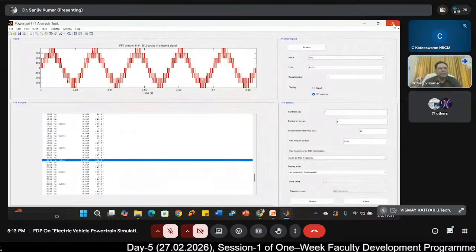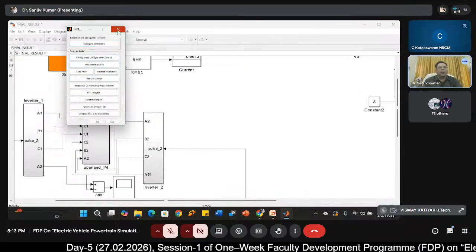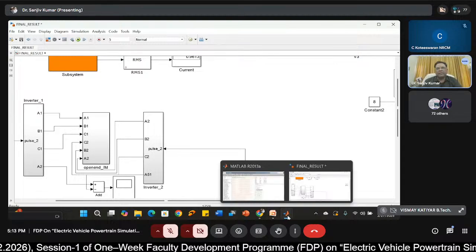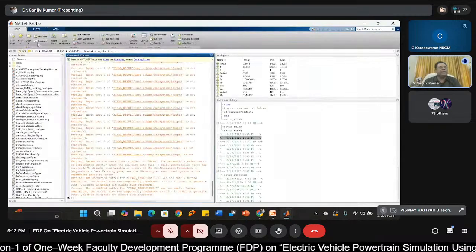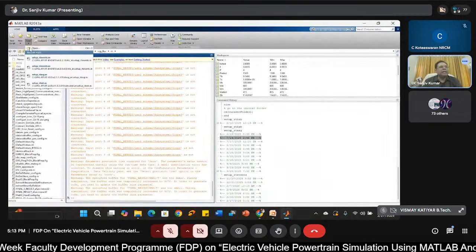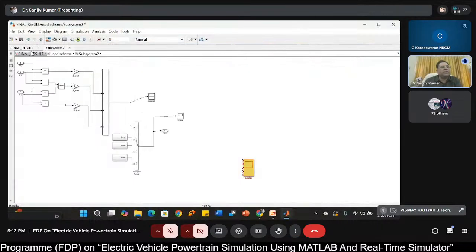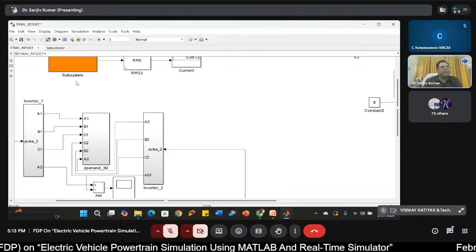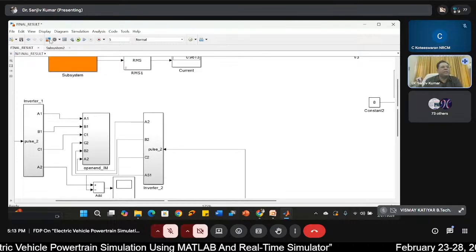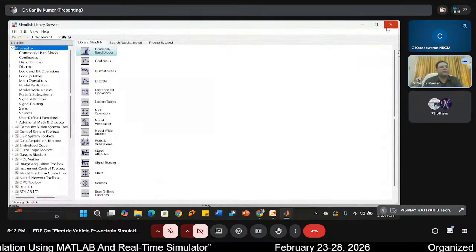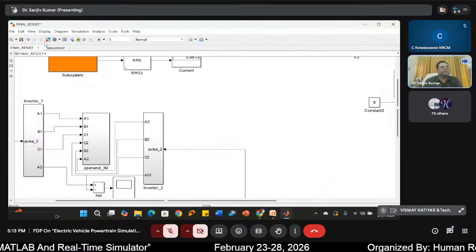So this is all about this. Just take another example. Again I will ask, are you enjoying this, or should I explain some more on the 9-level or higher-level inverter in the PPT? So the choice is all yours.